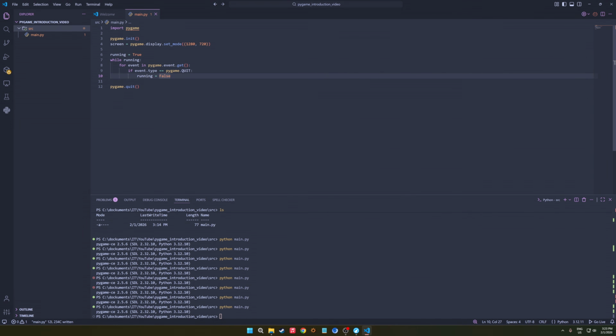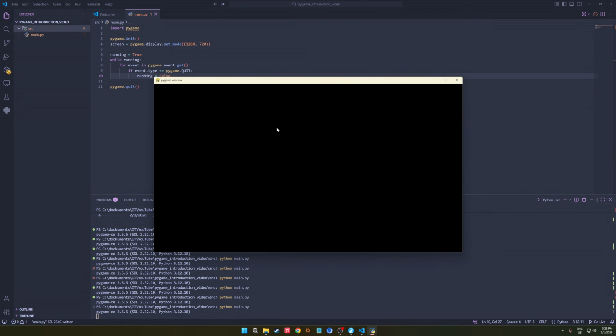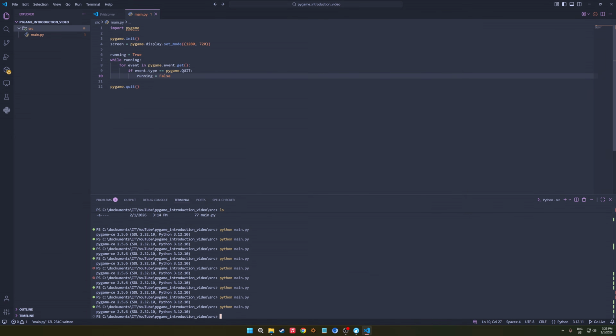For example, you might not want it to be just a black boring display. You want it to be a purple display. We can do that too. In this while loop, this is like a main loop that we have. This is really just a main loop where everything should be running, the main loop of our application. Inside of here you can now say, okay, I want to fill the screen,